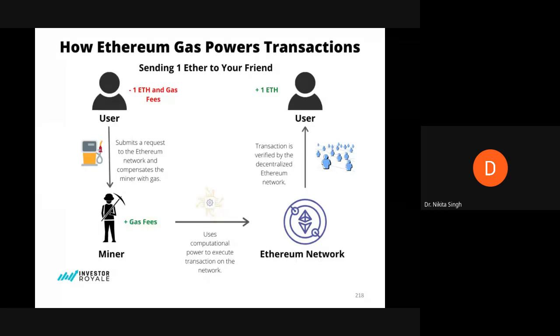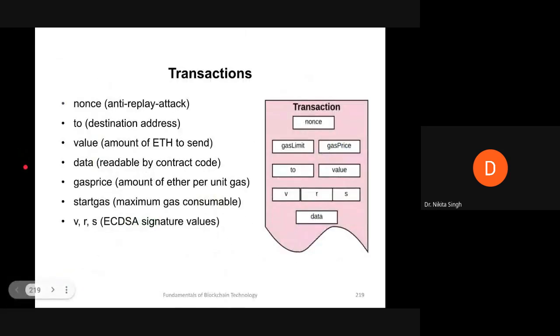So next we come to Ethereum transactions. A transaction will have certain fields. It will have a nonce. We already know what a nonce is. If you're sending out a transaction, this nonce value will give you the transaction count, that this is your 80th transaction or your 90th transaction.